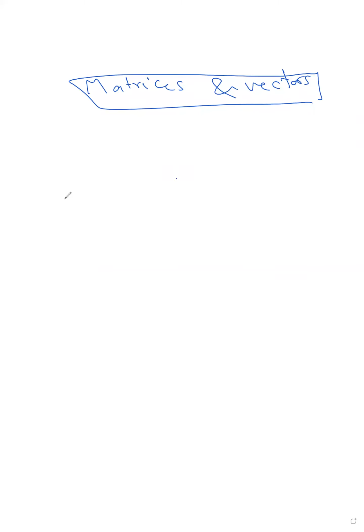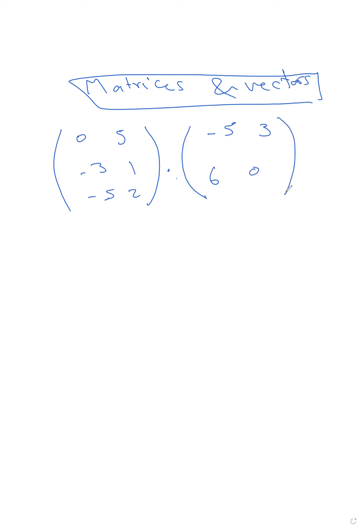شوف كده بيقول لنا: 0 and 5، negative 3 and 1، negative 5 and 2 times negative 5 و 3 و 6 and 0. تعال نشوف كده. هنا how many columns؟ هنا 2. وهنا how many rows؟ 2. يبقى دي could be multiplied، يعني ممكن تعمل multiplication لأن number of columns equal the number of rows. اوكي يا جماعة؟